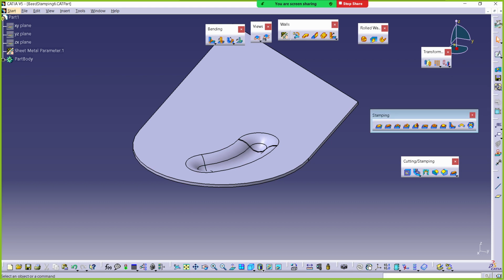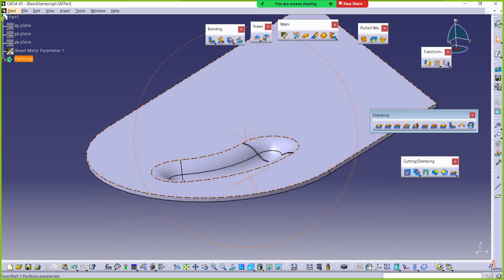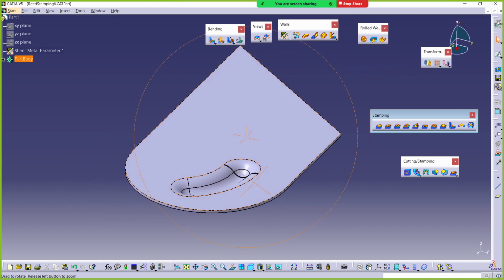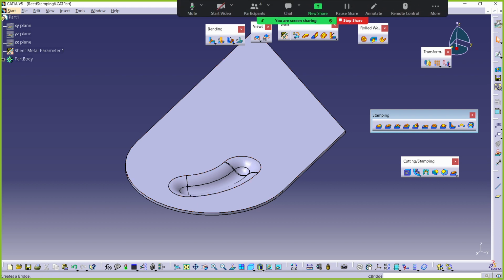Again, it will reduce the error, the human error, in creating. If you create this in your normal sketcher, then you may get some error while going to the manufacturing process. But if you create this in generative sheet metal design, it will give you less error, it will reduce your human error. Okay, then the next one,